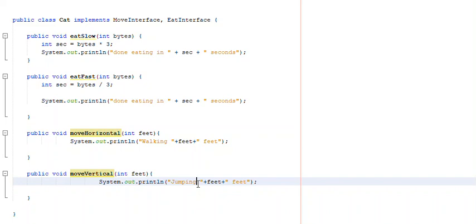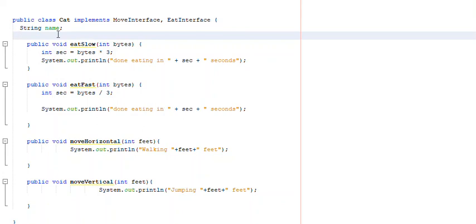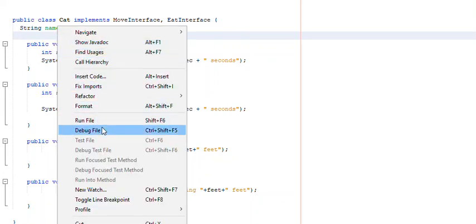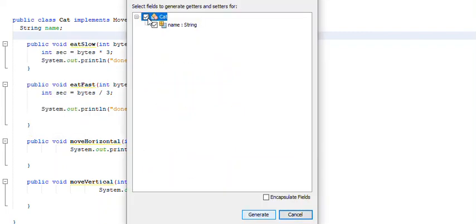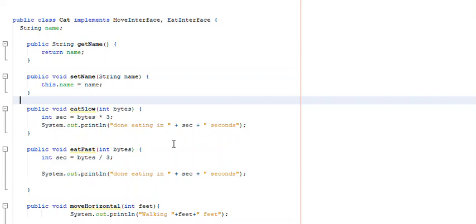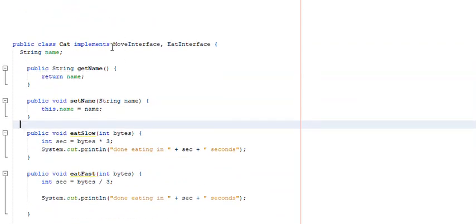Now, can we add more methods? Definitely, we can. For example, I can have a string name, and I can have a getter and setter method for it. So I can have as many methods as I want, but if I implement an interface or 2 interfaces or 7 interfaces, as many as I do, I want to make sure that each method in each interface gets a